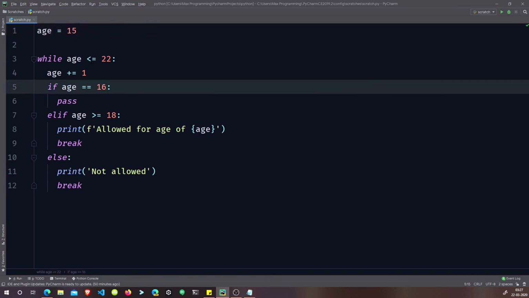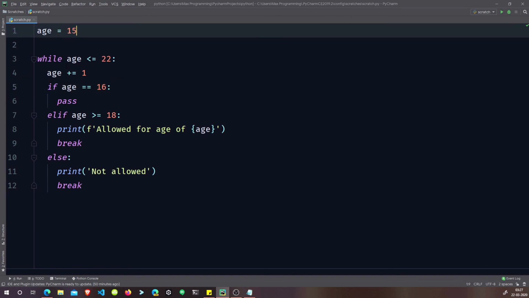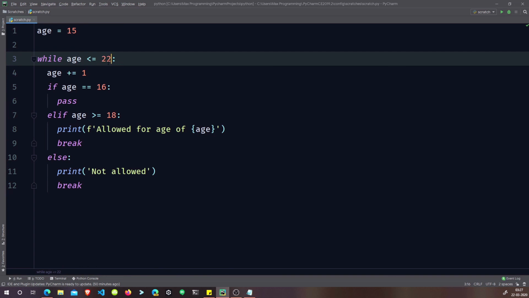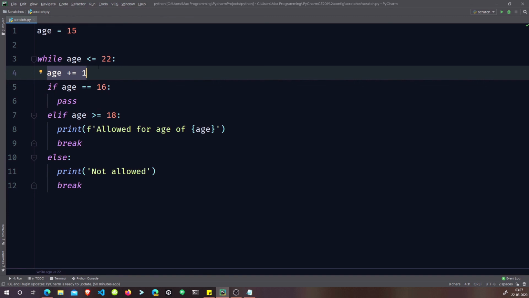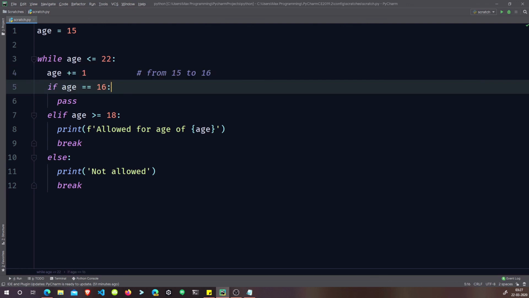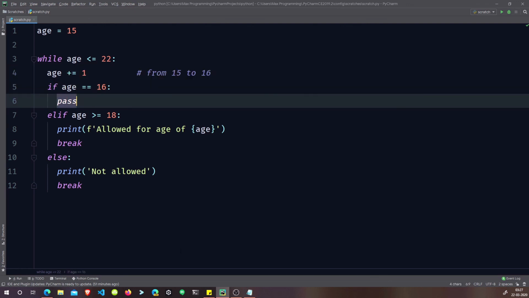Okay, first of all, let me tell you the process of what happens right here. So basically the age is 15. Okay, age is less than or equal to 22, so it enters the loop, then it increments the age by 1. Then what it basically does is it checks if age is equal to 16, and from 15 the age becomes 16 here, so I can add a comment from 15 to 16. Okay, so when the age becomes 16, we just have pass. Okay, so I can just say print thinking,